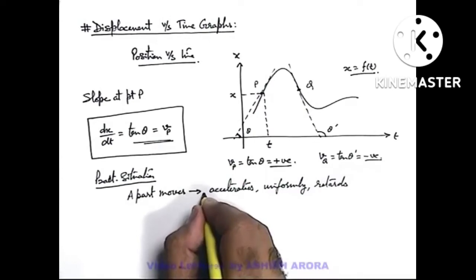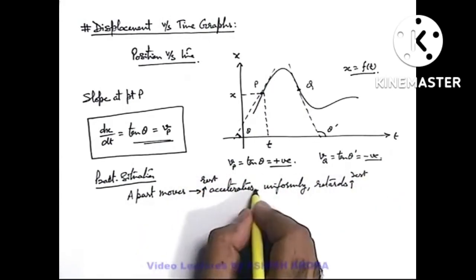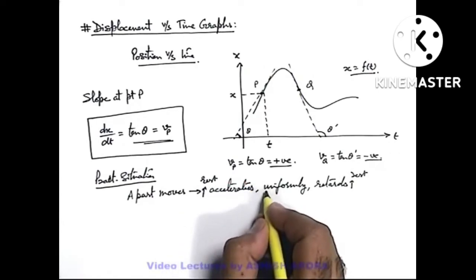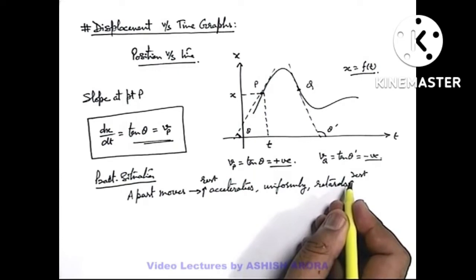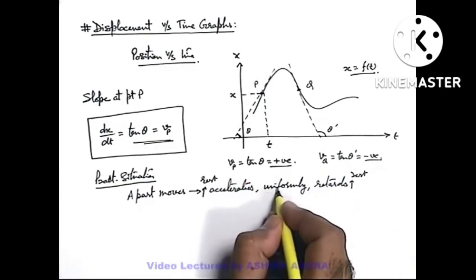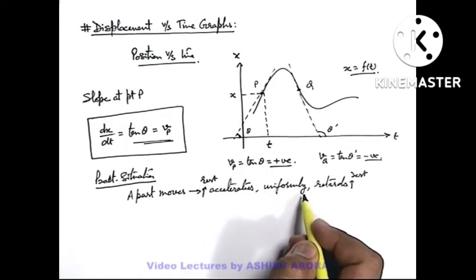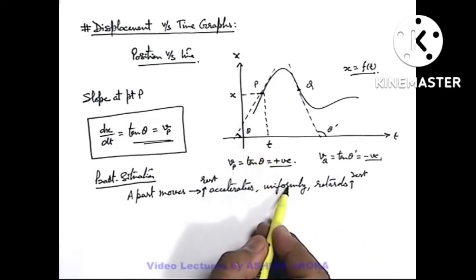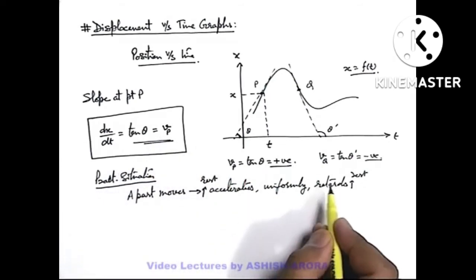Initially say it was at rest, and finally also say it will come to rest. So first it accelerates, its velocity increases, then it moves uniformly, and then finally it comes to rest. Now in such situations, if a particle is accelerating, we can simply state the slope will first increase and then it moves uniformly. That means its slope remains constant, because you can see the slope is giving us the instantaneous velocity. And if it retards, that means the slope decreases and finally it becomes zero.